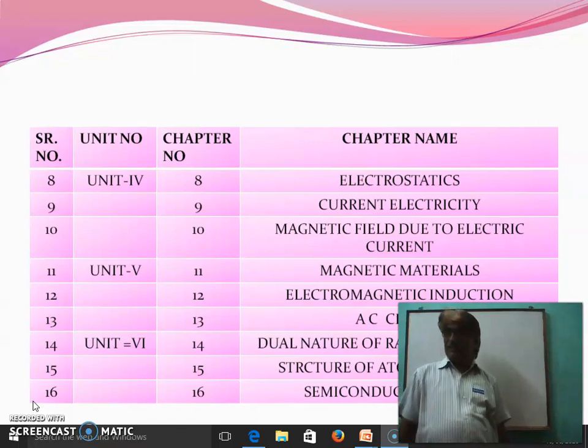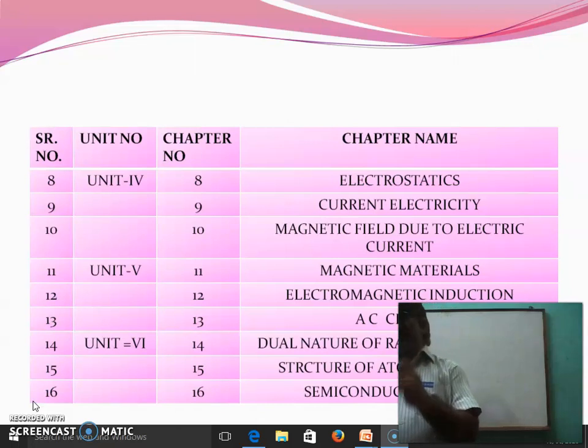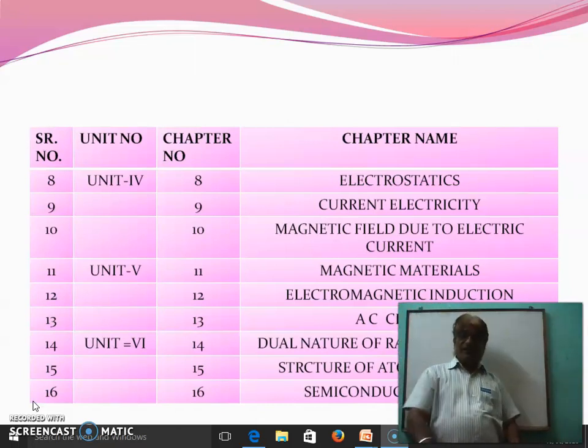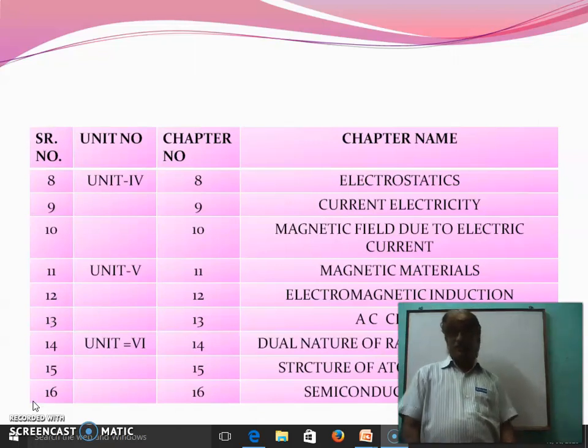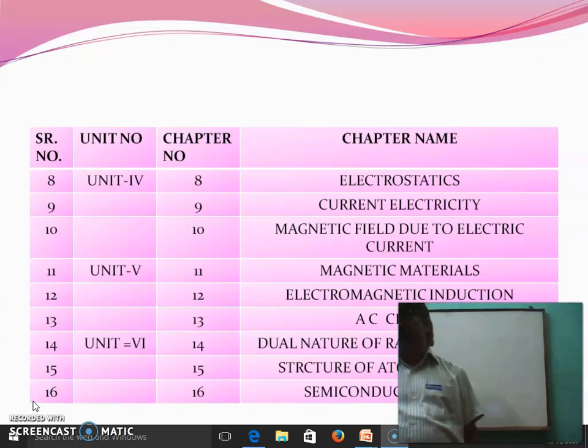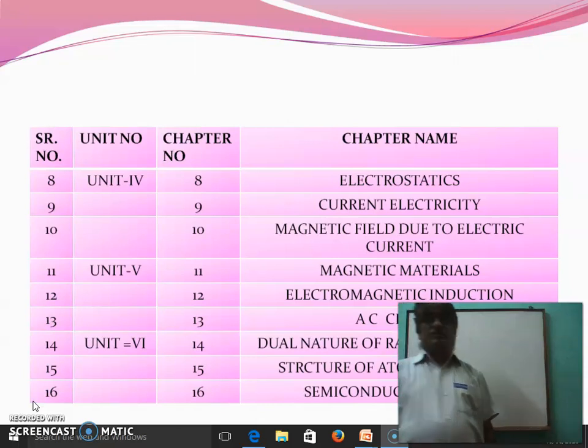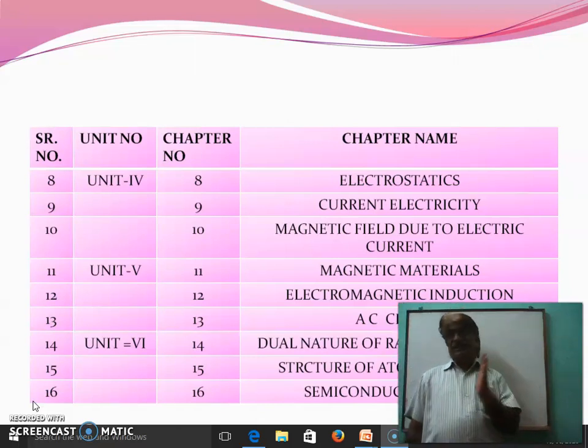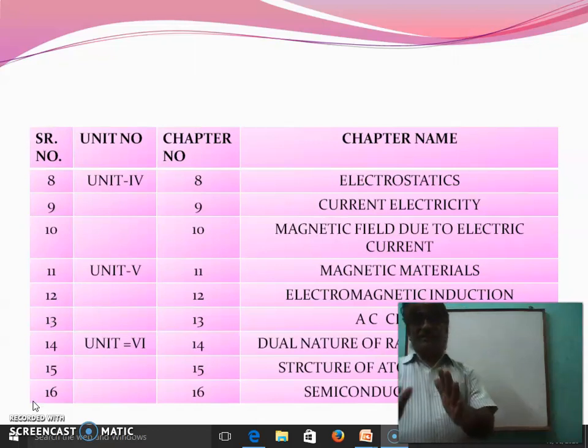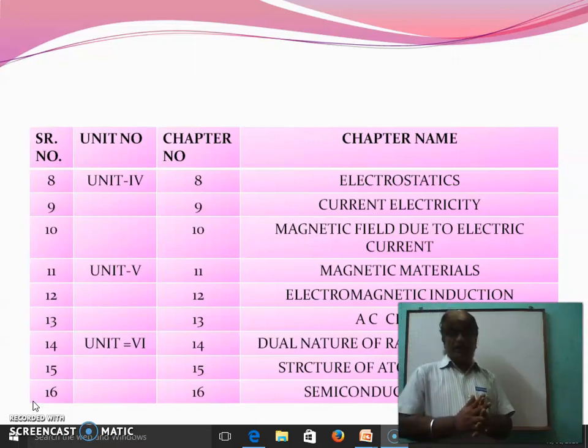Photoelectric effect can be seen. Then work function can be seen. Einstein gives an equation, Einstein's photoelectric equation, which can be seen. Photocell can be seen. De Broglie's hypothesis can be seen, and here an experiment, the Davisson and Germer experiment, is studied in the dual nature of radiation and matter.